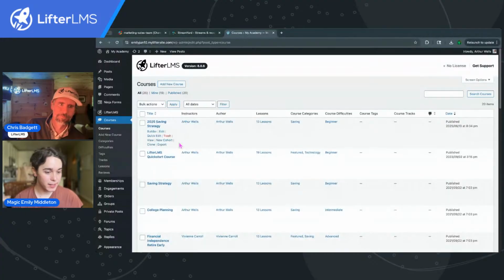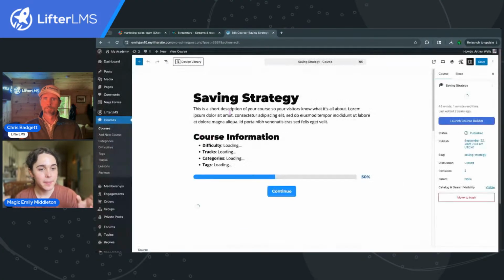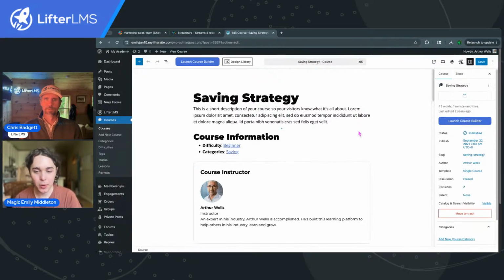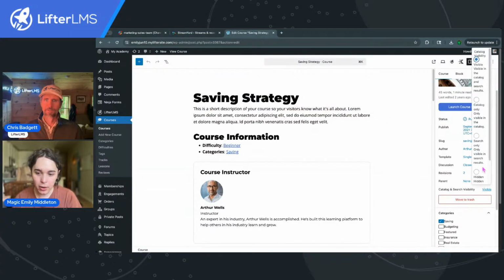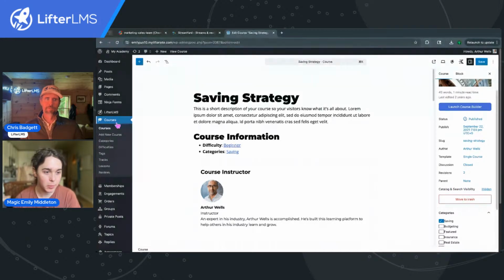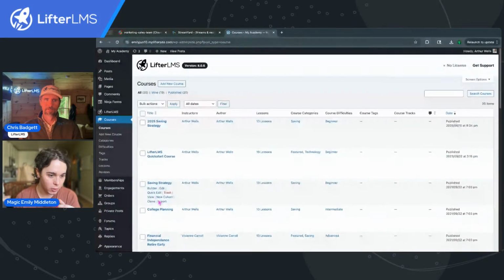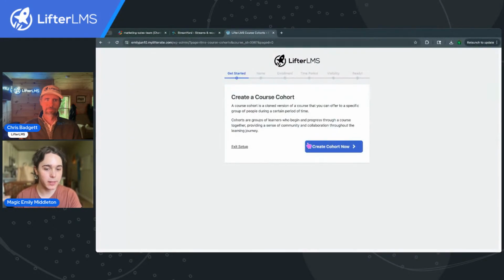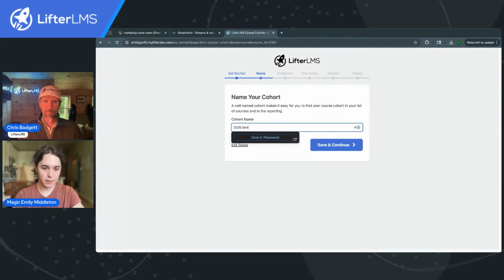Yeah, so there's a couple ways to do that. So this is my saving strategy course. What the cohorts add-on will do when we're creating a cohort is swap our catalog and search visibility over to be hidden, so that it will no longer be available in the catalog. You can come into edit saving strategy and swap catalog and search visibility here, but we can also run that through the cohort. So if I were to create a cohort, let's make a 2026 version. So if we go like this, 2026 saving strategy,